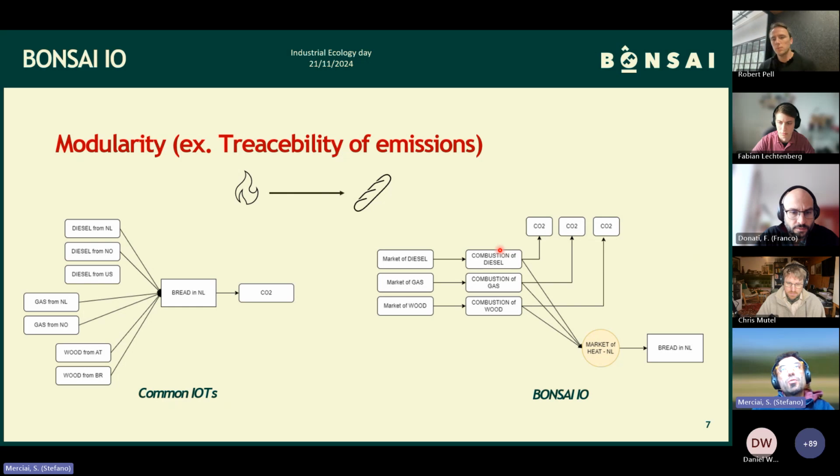And the same thing also, we are making a database that is more modular, because usually in an input-output table you can only visualize the total emissions of one activity. So in this case, let's assume that to produce bread, we need some heat, and this heat is coming from several sources. If you just visualize the total emission, you do not really know what is the source of the emission. While we have changed the structure in BONSAI.io in the input-output so that we have, again, markets,